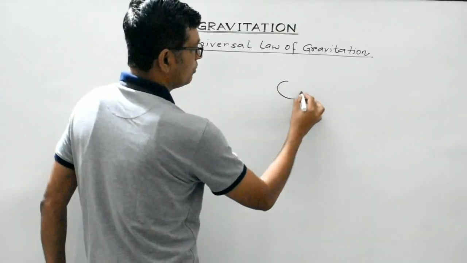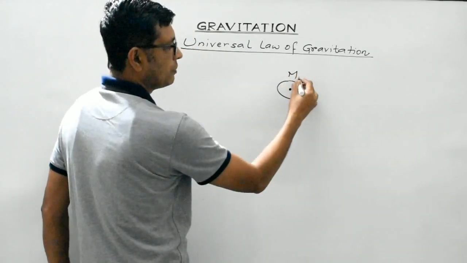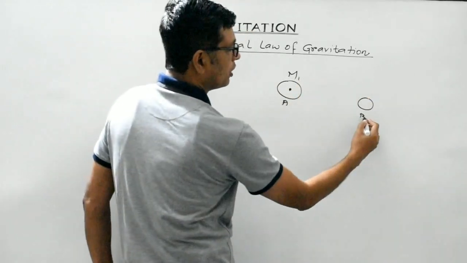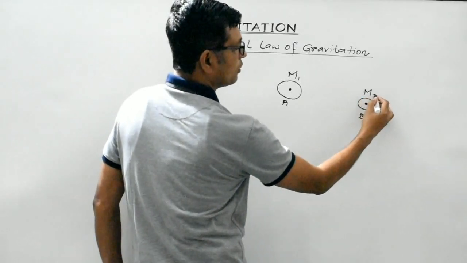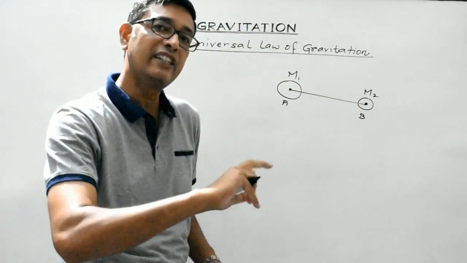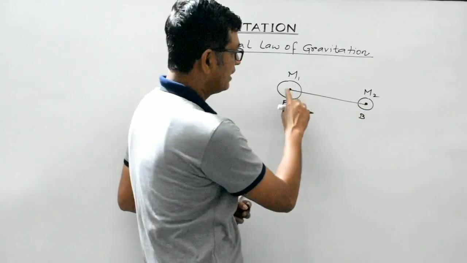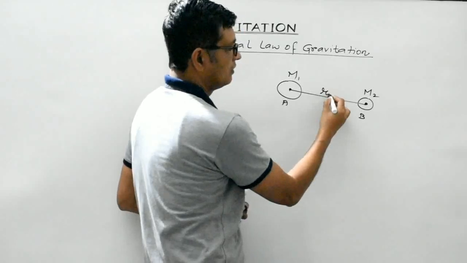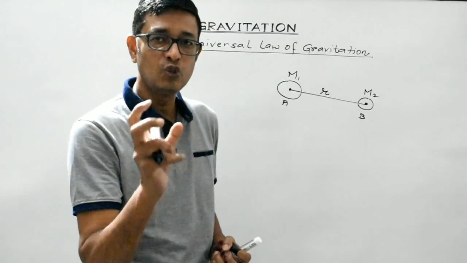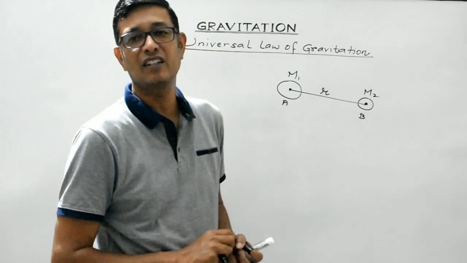Suppose these are the two material bodies. This is M1. Suppose its central mass is over here. The entire mass of this body may be assumed to be concentrated at this particular point. And there is another body B. This is body A and this is body B. Suppose its mass is concentrated at this particular point, M2. Let us consider this to be the line joining the centers of the two bodies, right? And let us consider the separation between the centers of these two bodies to be R. So what we have discussed is M1, M2 are the masses of the two bodies A and B, and R is the distance between the centers of these two bodies under consideration.